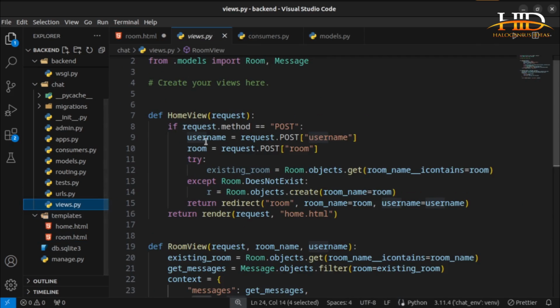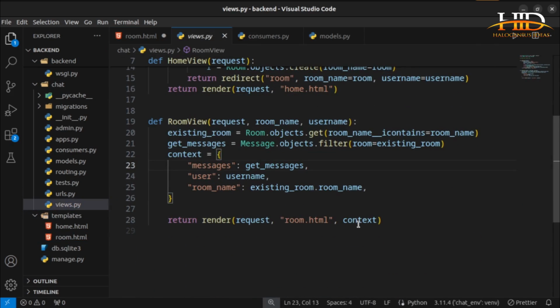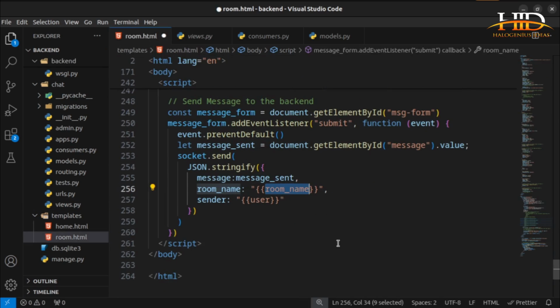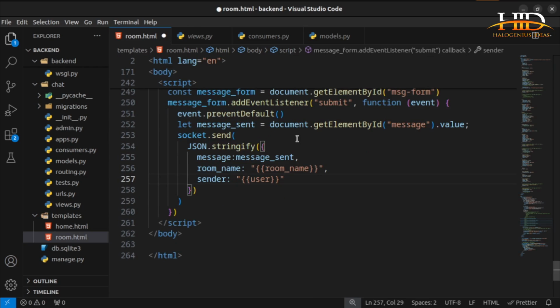If you come to views, you can see this context that we passed into room.html. We have the room name and we also have the user. So both of them, we are injecting it there. So the sender is going to be the user. Now that's said and done. So basically, if I should save that